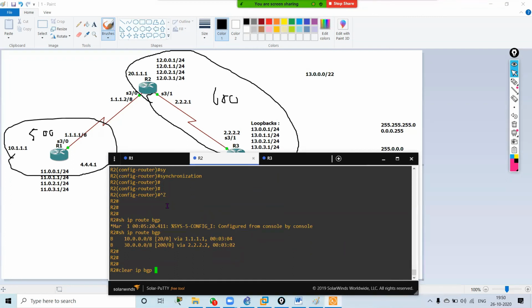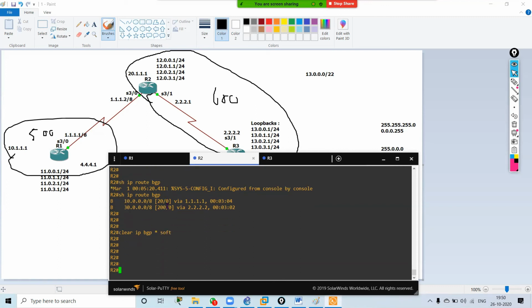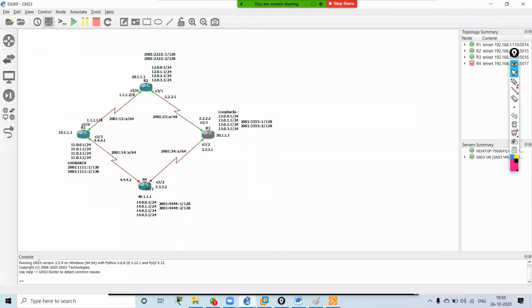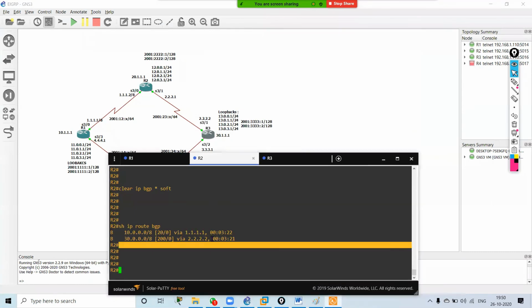Clear IP BGP star, soft. Why am I getting the 30 dot network here? If I enable synchronization, the 30 dot network should not be there over here, because it is not synchronized with the